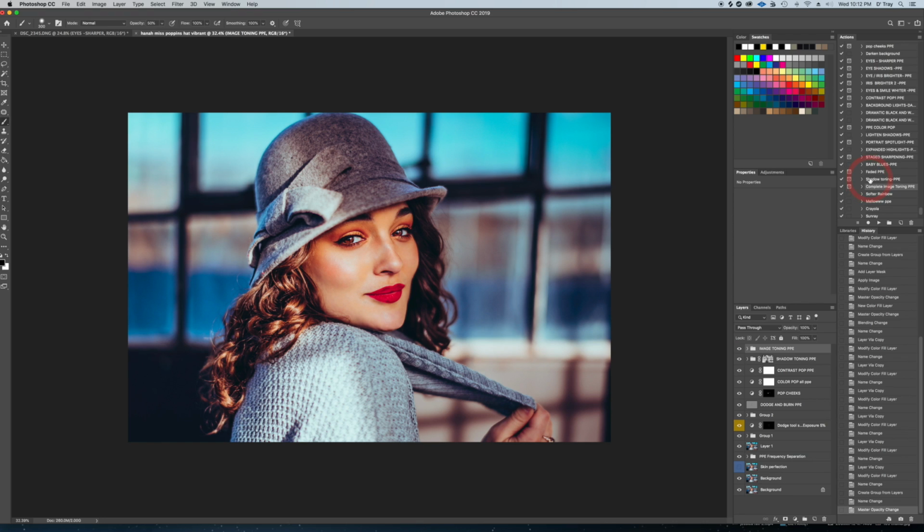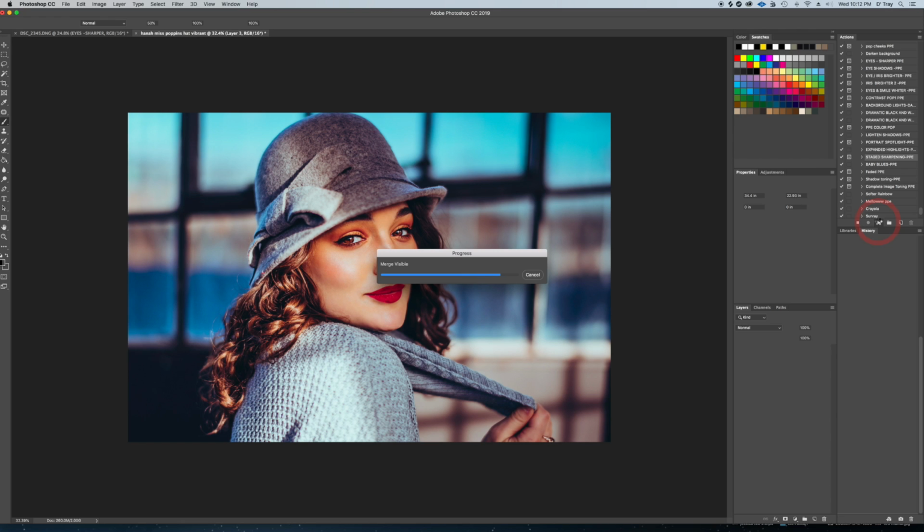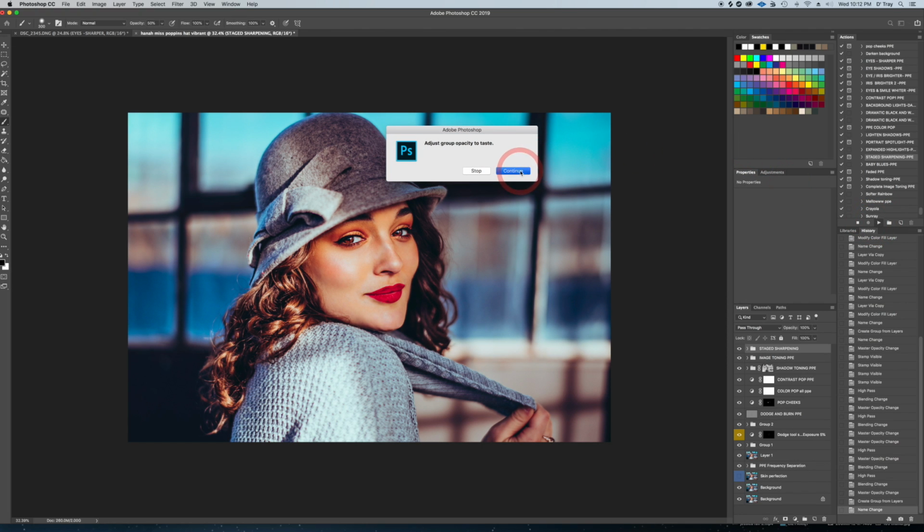Last thing that I really want to do with this particular image is go to Stage Sharpening. Run that. And this will finish it off for you. Now what this is going to do is create 4 different layers of sharpening. A lot of times people just put a high pass frequency layer on there and sharpen like that, and it's not very dynamic. It just sharpens the entire image at the same amount, and it can look a little funky. So what this will do is create 4 different layers going from lightest to darkest, and it'll sharpen them all at different amounts. So the brightest part, the eyes and the highlights, will be sharper than the shadows and